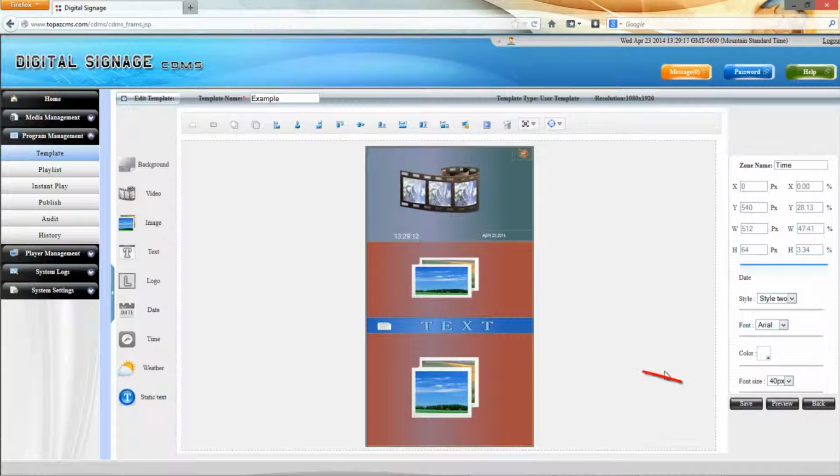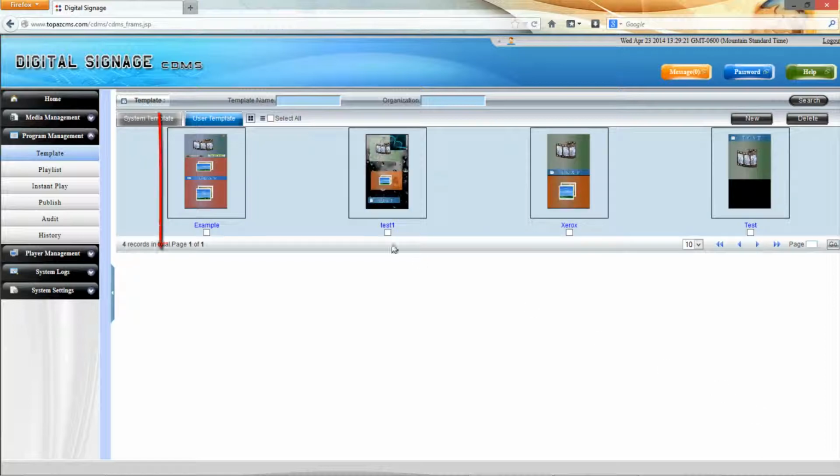Once you have finished adding all of the media zones that you want to include, you can now save your template by clicking the Save button. You'll now see a list of the